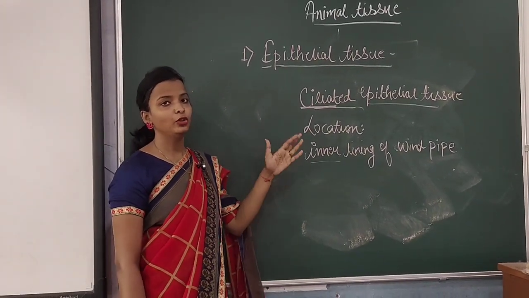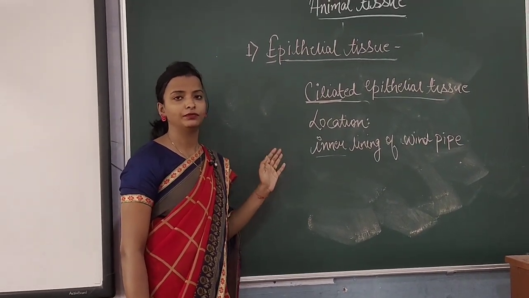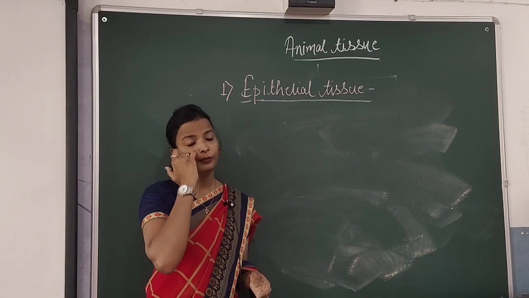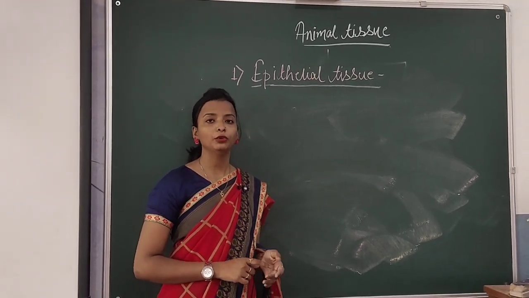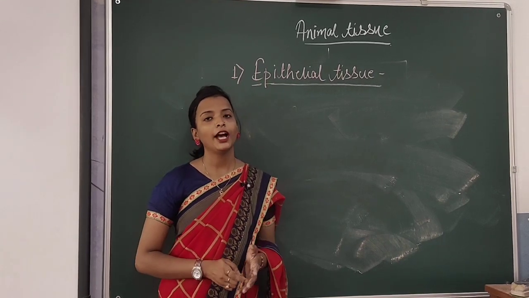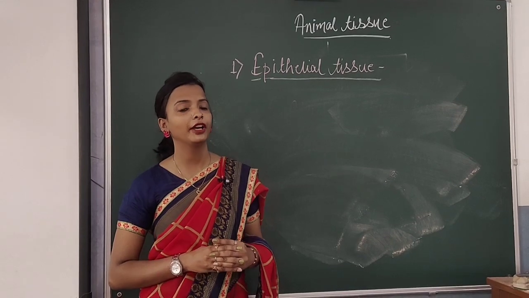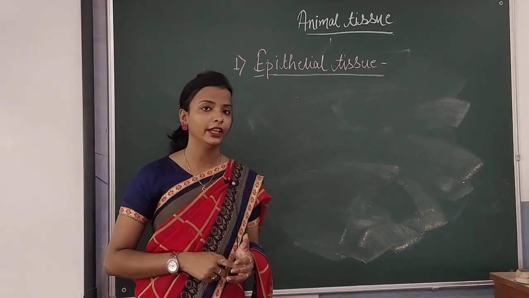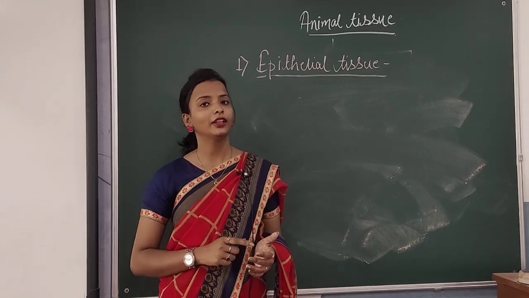Now we will proceed to the next kinds of tissues present in animal tissue. In my further videos I will tell you about the muscular tissue, connective tissue as well as nervous tissue. I hope you have understood everything. Kindly go through your books. So many subdivisions are given. I am repeating it again and again: refer to your book, all the tables and all the diagrams given in your book.